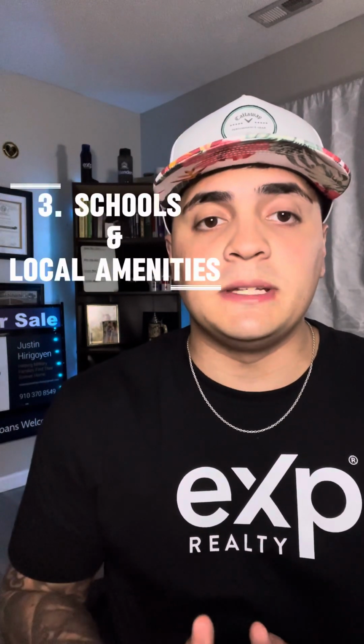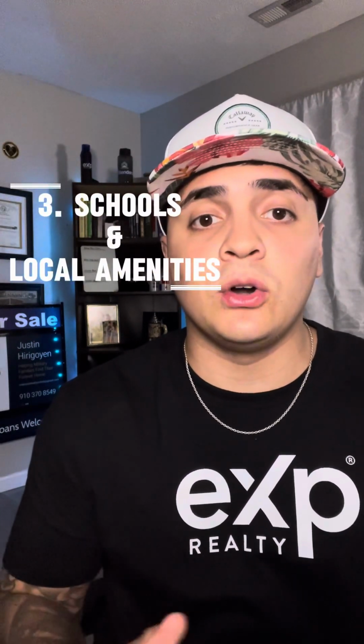The third thing that we're going to be taking a look at are schools and how close by local amenities are. Those of you with kids, you want to choose a quality school for your children, but at the same time, not have to drive 20-30 minutes just to get to a Food Lion. The fourth and final thing that we will look at with every single neighborhood is the crime in the area. So with all that being said, let's take a look at the first neighborhood on the list, and that is